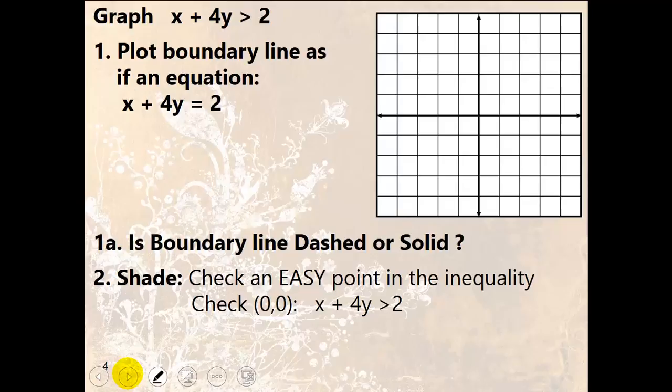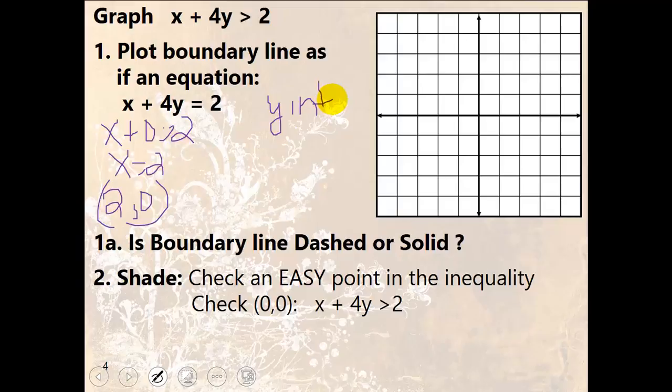We're going to graph the line x plus 4y is greater than 2. This is in standard form. So I'm going to just hop to the x and y intercepts. So I'm going to set y equal to 0. So that gives me x plus 0 is equal to 2, or x is equal to 2. That's the point 2, 0, because I plugged in a 0 for y. For my y-intercept, I'm going to put in a 0 for x, so that gives me 4y equals 2, y equals 1/2, so that gives me the point 0, 1/2. So I have 0, 1/2, and I have 2, 0,